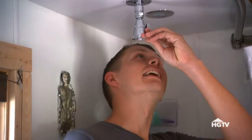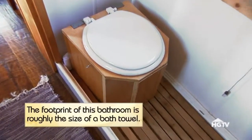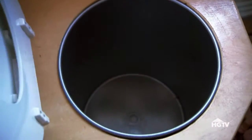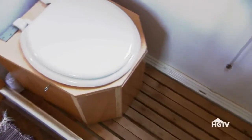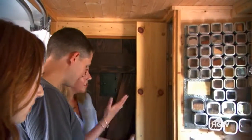It's literally hitting me in the head. What is that? I think that's the toilet. Okay, so this is a bucket. That's just a bucket. Okay, and you just... No. No, sorry. I'm going to go before I come over for sure. I think I want my toilet and my shower in two separate spots. They use the space really well for what it is. Yeah, just you do not have a good